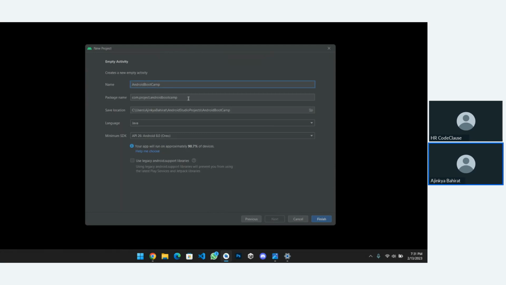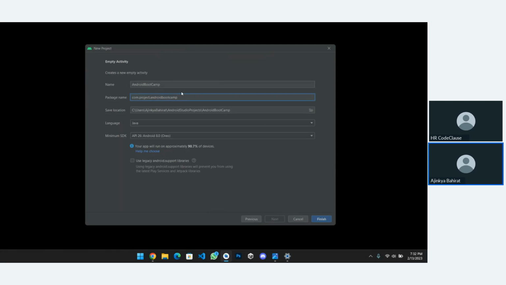Okay, then there is another thing called package name. So what is it? As you might have an idea, in Java you need to provide different packages. Now suppose you created a file. To locate that particular file, we need to store some path, right? Or we need to store something so that we can go to a particular activity.